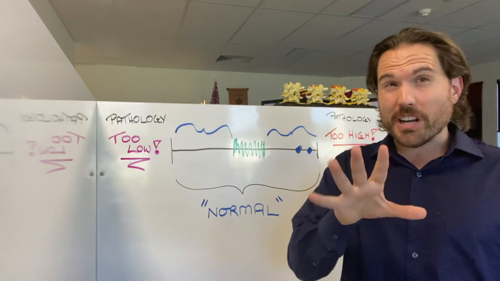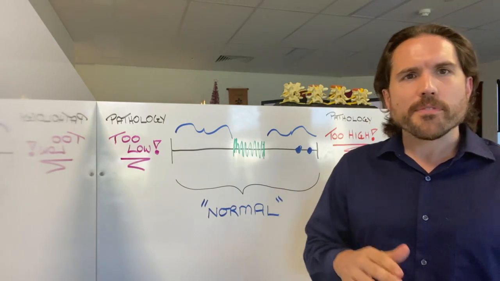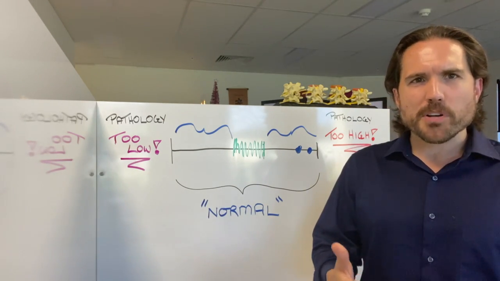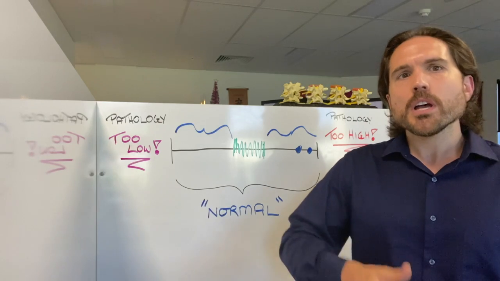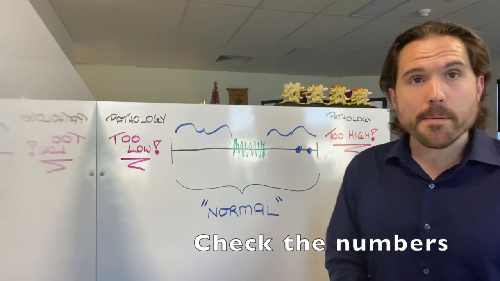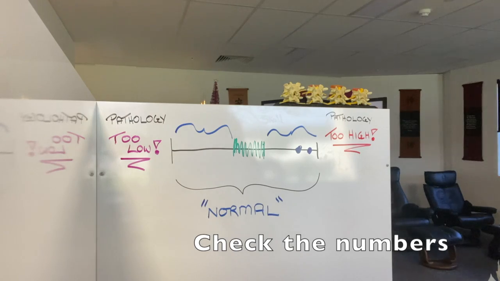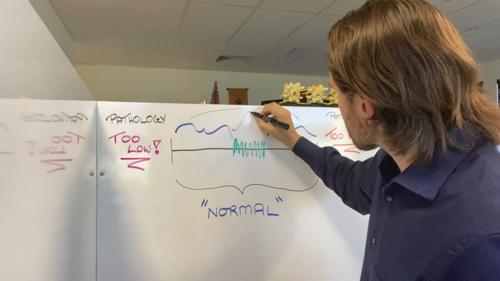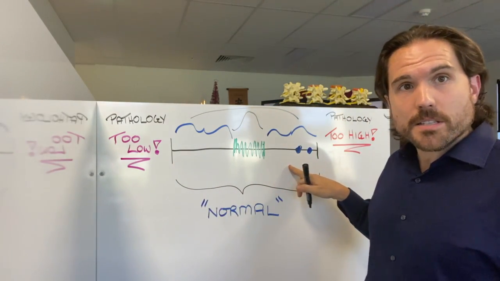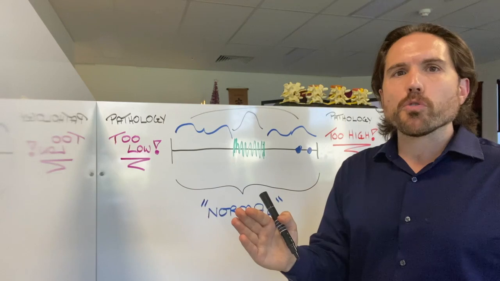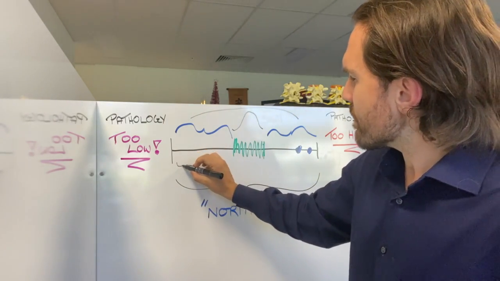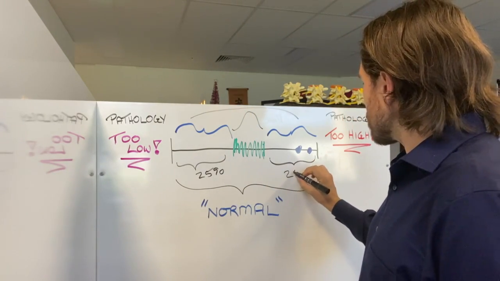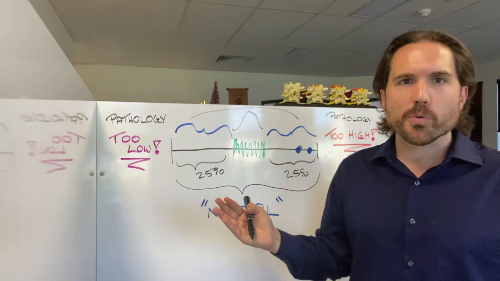So your challenge, and you're going to have a lot of work to do if this is the case, but if you find yourself in that boat that I described in the beginning, you're dealing with something, you're not sure what's what, but quote, all the tests are coming back as normal, go through them and actually look at the numbers. And here's what I would recommend that you do. I'd recommend, and we're going to do this kind of as a basic bell curve, so something that looks like this, spanning this entire range. Find out what the numerical range is, and we'll say that this here is 25%, and that this here is 25%. I'm giving you simple numbers that you can work with.